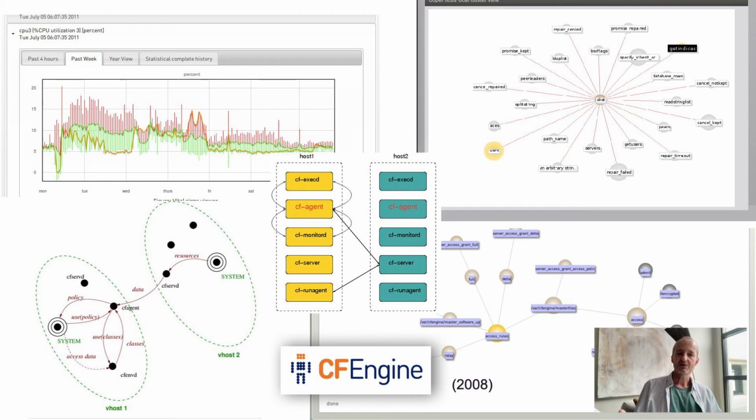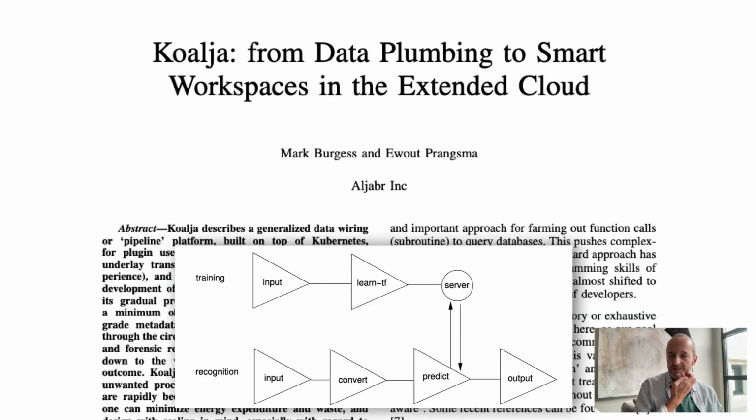And each of these localized agents basically express these four types of promises: inside, outside, before and after, service functions, offer, receiving, and so on. Earlier, I mentioned data pipelines are going to be important. So as soon as we start connecting agents together, we have to say, what will the circuitry look like when we connect them? This paper about Koalja is something I wrote a few years ago, explaining how to connect